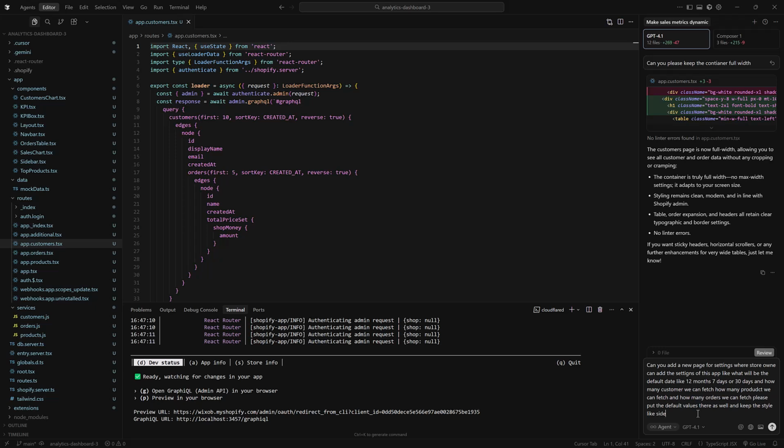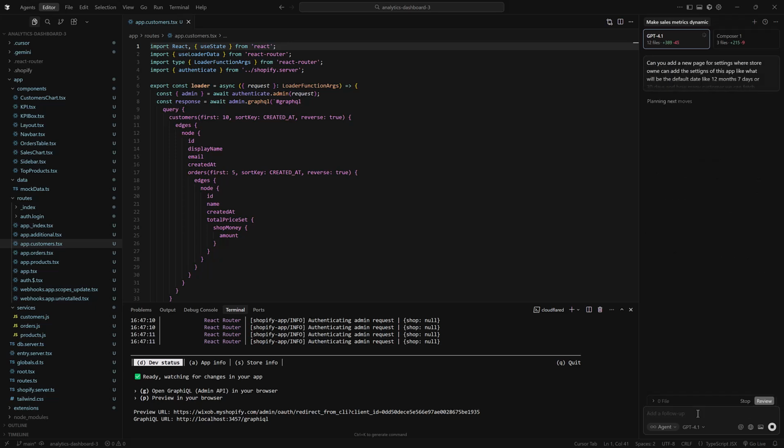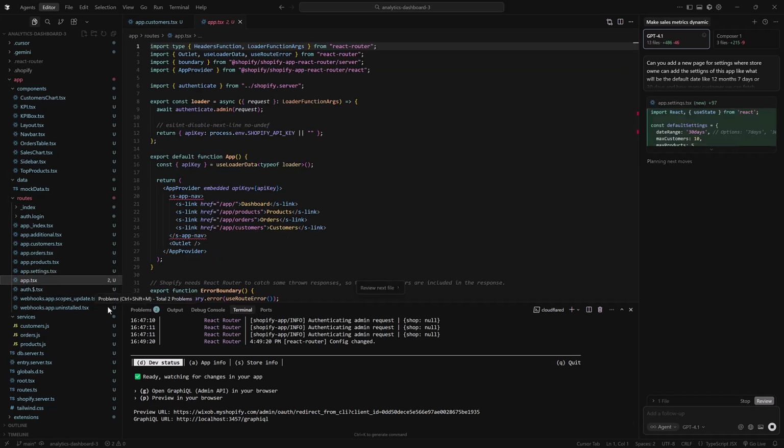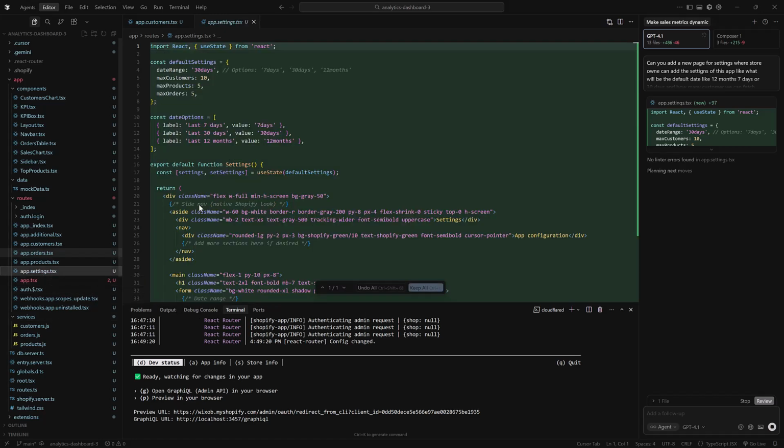and keep the style with the sidebar like native Shopify settings pages do. So now we need to add another page for the settings, and let's see how it is going to be. Now as you can see, it created the new route app.settings in the routes folder. Then it will add this into the navigation, and you can see this new page is created,